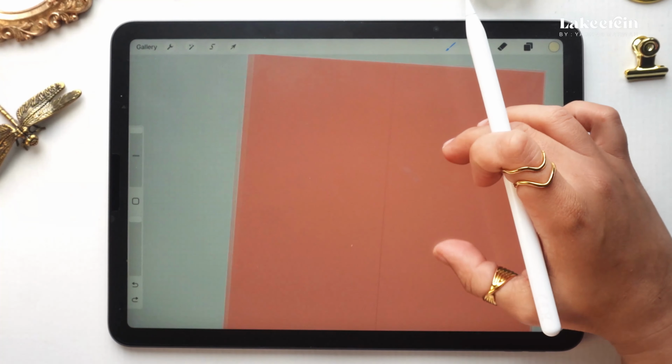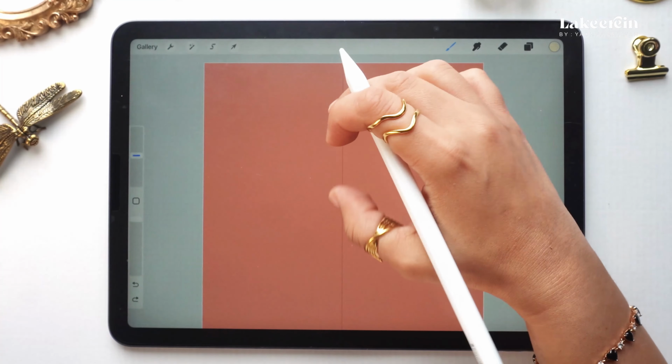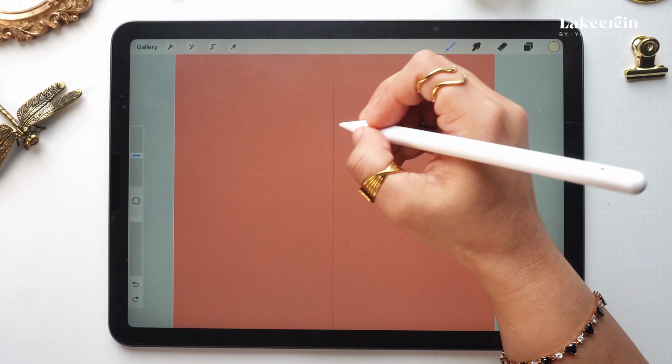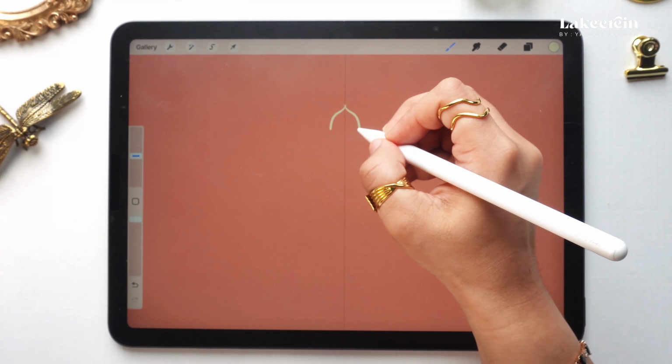Once you have something like this, we start to draw from the center line. Now I'm going to start with drawing the center part first. For that, I'm gonna start creating a shape like this. Then I'm gonna create a lotus sort of a thing like this. Then at the bottom I'll create a curve and join them like this. Once I create something like this, I'm going to drag and drop the color to fill it up. You can also create the outline and fill it up later, but you can also do it simultaneously, so that's not a problem at all.